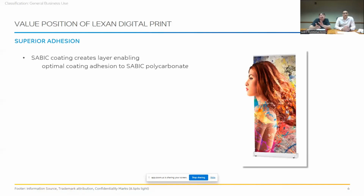So what I really want to do is walk you through layers, and adhesion is really about the layers. With the coating, you have to have good adhesion to the substrate. That's the first activity. With the LEXAN DP coating, we've got superior adhesion of the